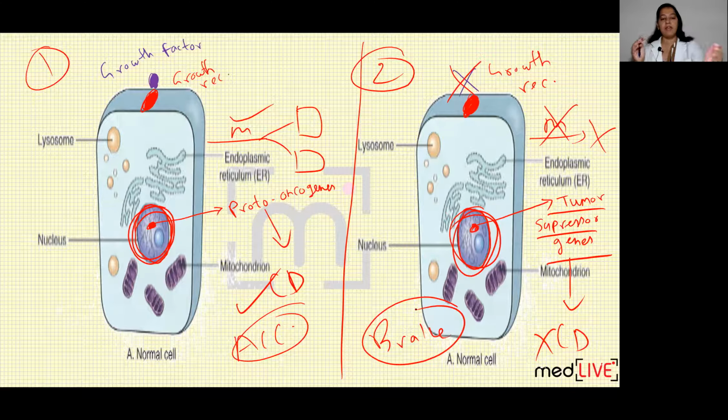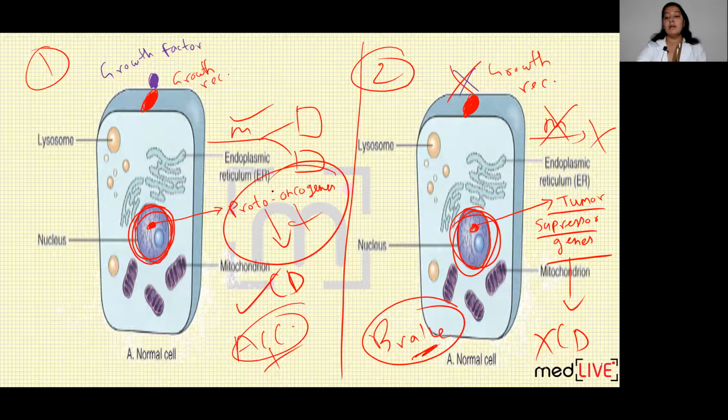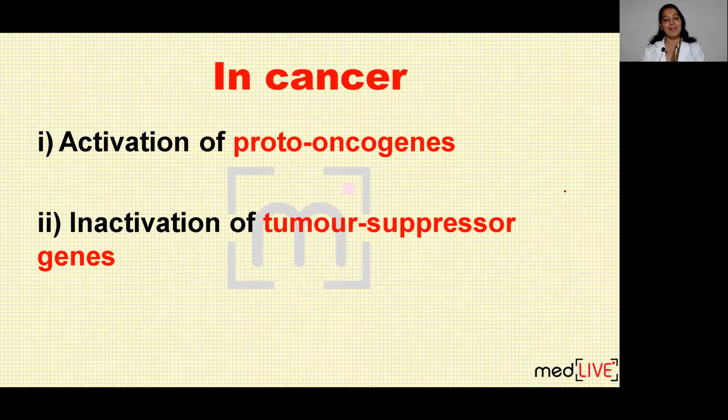Normally in balanced driving, when you want to increase the speed, you apply the accelerator. When you want to decrease the speed, you apply the brake, and a balance occurs. But what happens if the brake fails and if the accelerator gets stuck at the highest rate? Either of the two occurs. Either the brake fails, brake becomes zero, you can't apply the brake, or the accelerator gets stuck at the highest speed, you can't decrease the accelerator. So unregulated speed will occur and an accident will occur. The same thing is occurring here. Either overstimulation of proto-oncogene or inactivation of tumor suppressor gene, either of the two occurs or both occur together, then it will lead to neoplasia.